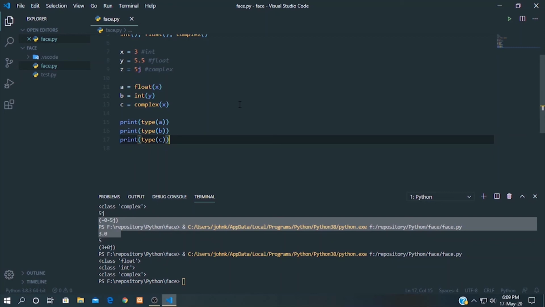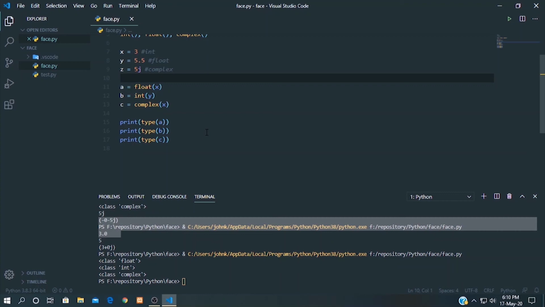So this is how we can convert a number from one type to another. There are three functions to convert: float, integer and complex. But there is one note: we cannot convert complex numbers into any other number type. So we can convert float into complex, float into integer, integer into float, integer into complex, but we cannot convert complex into any other number format.